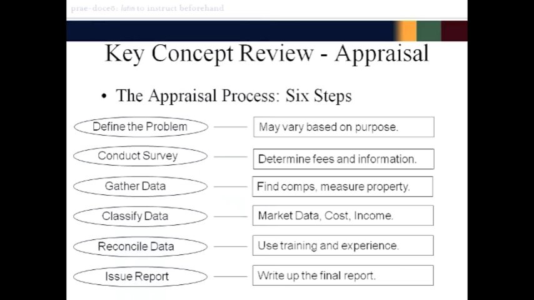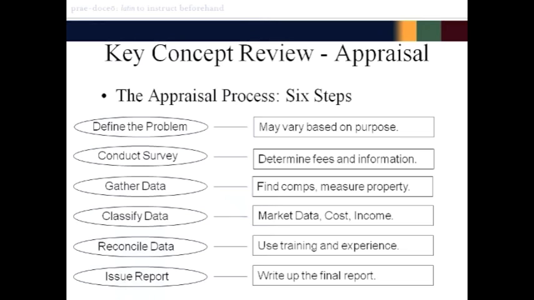The appraisal process is an important concept to understand. There are 6 steps to the appraisal process, and all these steps must be there. You can see these steps illustrated in the report that the appraiser generates. Step 1 is to define the problem. Appraisers can look at value differently depending on what their assignment is. They may be asked to come up with a quick sale price. They may be asked to come up with a tax value. There's a lot of different things an appraiser can look at, and defining the problem is the important first step because the nature of their assignment may change the outcome.